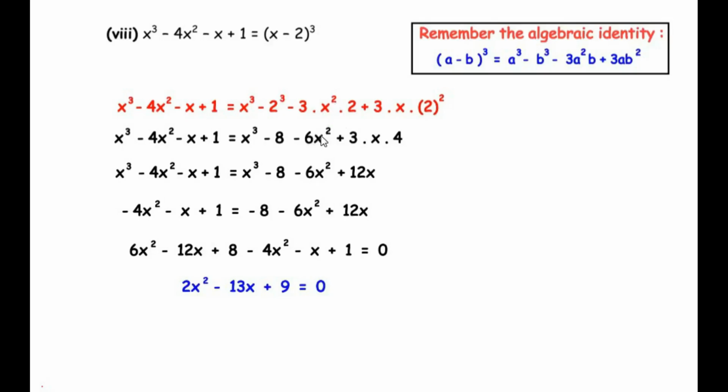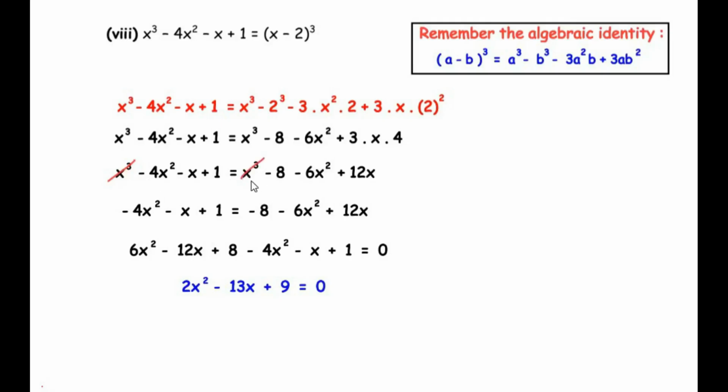So we get 6x square plus 3 times x times 2 square is 4. Now further simplifying this, the left hand side again remains the same, is equal to x cube minus 8 minus 6x square plus 3 times 4 is 12 and 12 times x gives us plus 12x. Now here we are going to cancel the x cube terms from both the sides of the equal to sign,